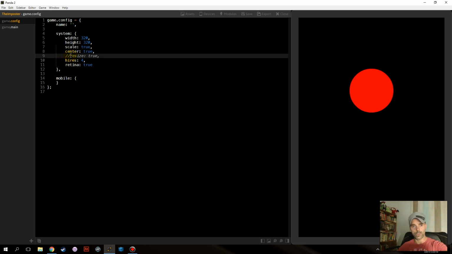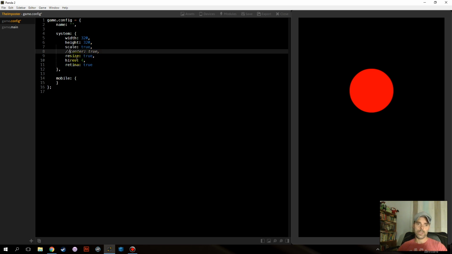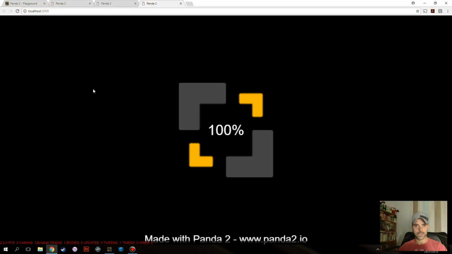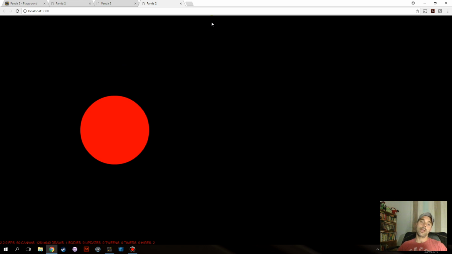So I'm going to take that back, and when you use resize, center becomes redundant. So let's just save this and go back here, and we're going to reload. As you see now, what happens with resize is the stage gets moved. The coordinates get moved over here. That is because now the